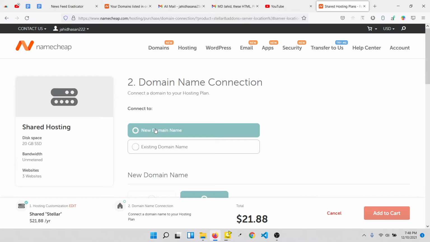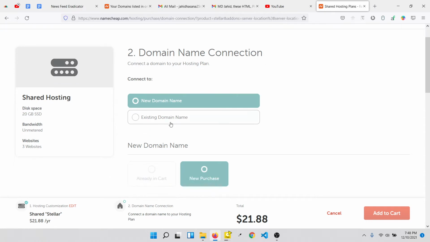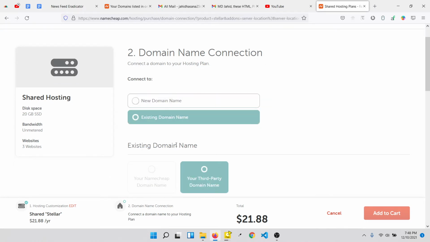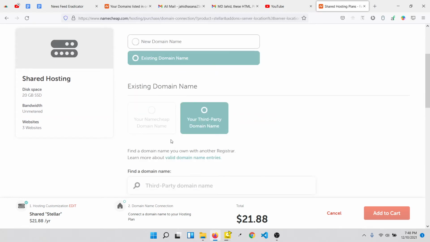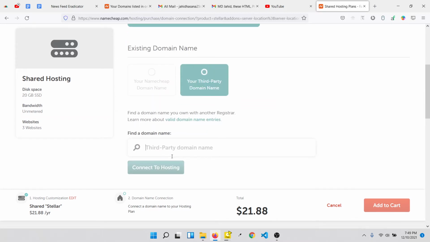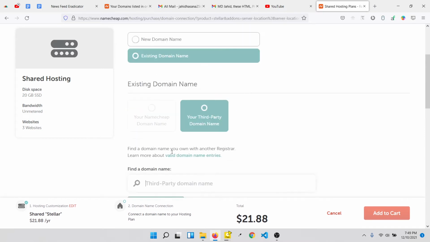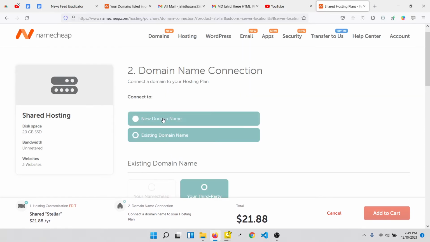If you already have a domain name, then you just click existing domain name and enter your domain name. And if you don't have a domain, you just click new domain.